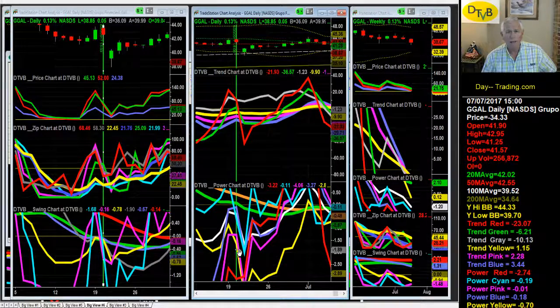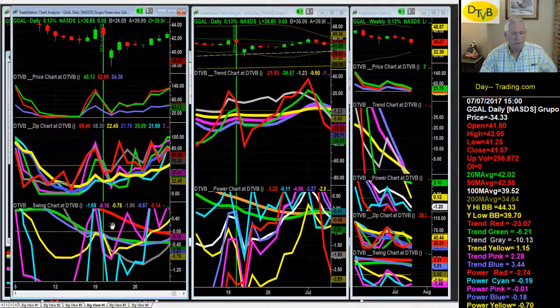Those are paired gaps. Blue and pink would be up, white and yellow would be down. Pink in this case is equal. It is so close to being up, I would consider it to be qualified as being up, thereby generating a possible gap. If you were looking at this ahead of time, if you go over to the swing chart, you'll find in the swing chart yellow, gray, and blue are on top of the green line, and all of them are going down. So in other words, we're in a low angle down movement, and it's more important when they're